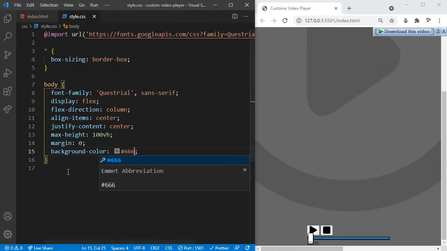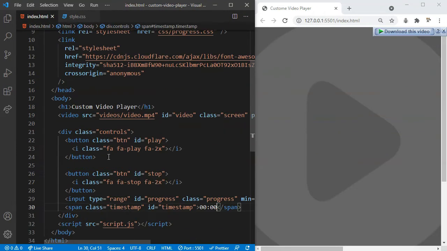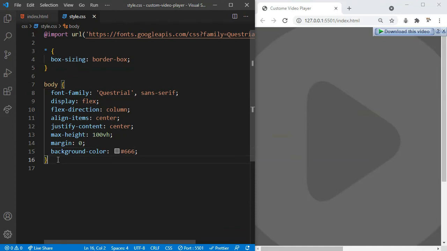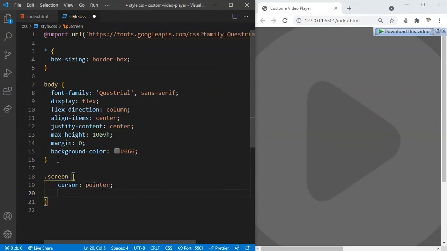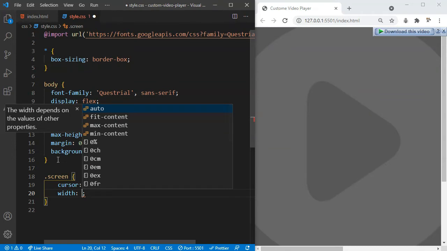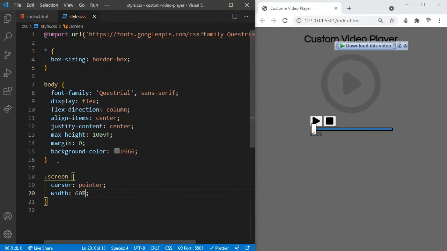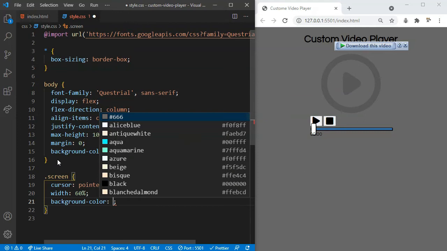Okay. Now let's target the screen. I'm gonna target the video, this container actually, which has this video, which is not looking nice. I'm gonna target the screen. Let's set the cursor to pointer. Width is going to be 60%. Okay, that's actually looking nice now. Okay, let's set the background color to black,